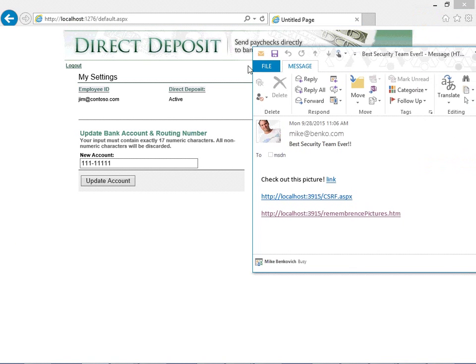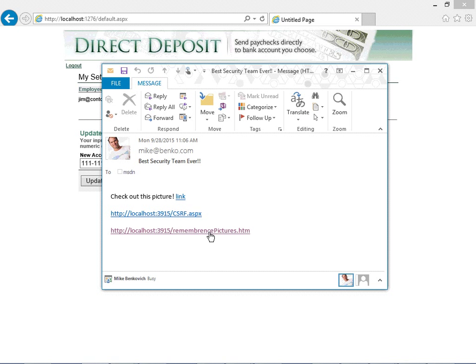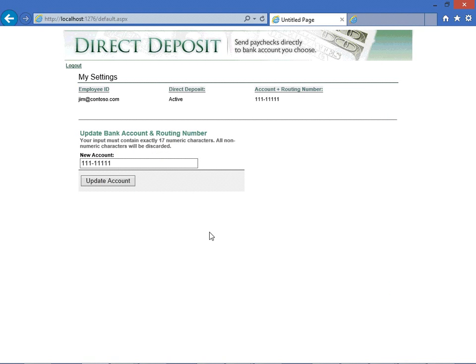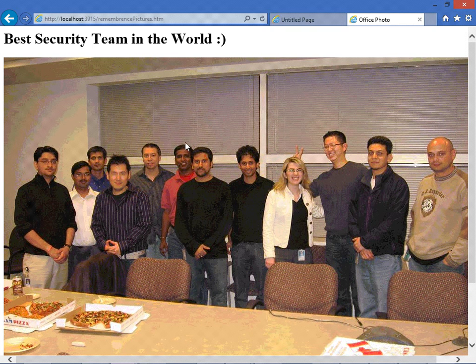Now, suppose we have an email where we've got these remembrance pictures. We can click on that link and it says, oh, guess what? Here is the best security team in the world, and there's the picture of all the guys and the people that we've been working with. This just looks like a regular image page. But if I right click and say view source,